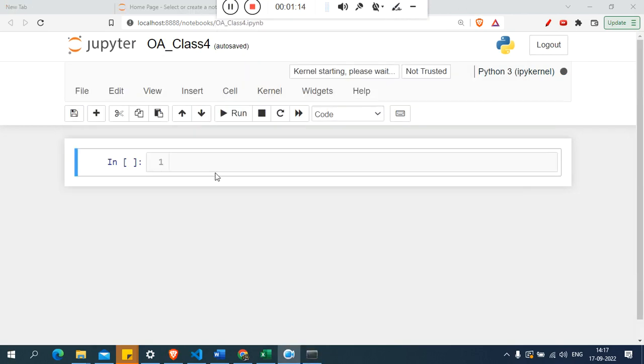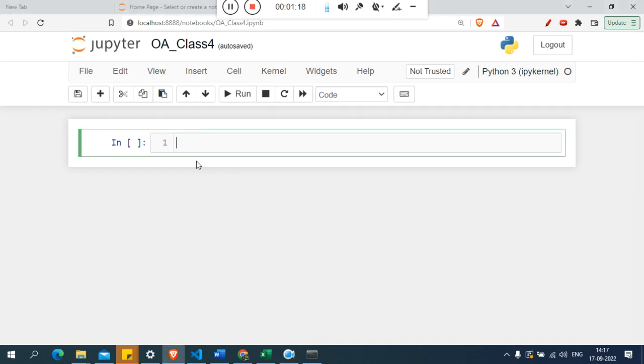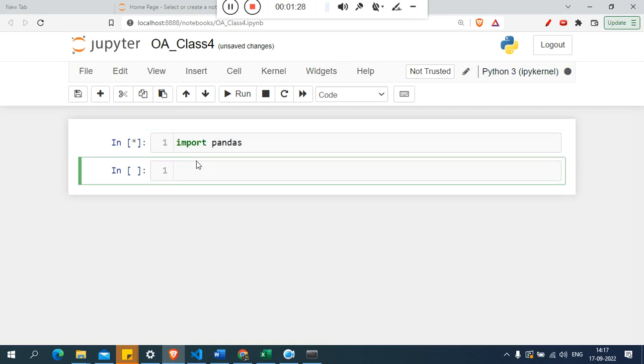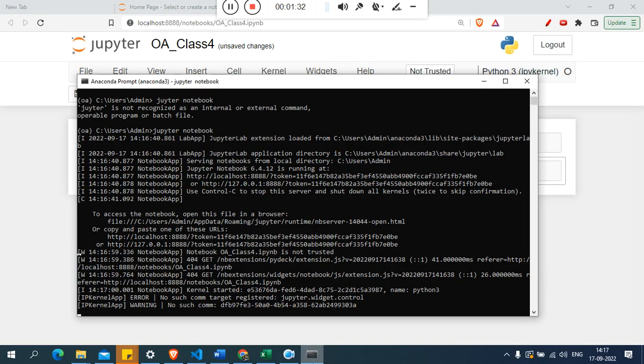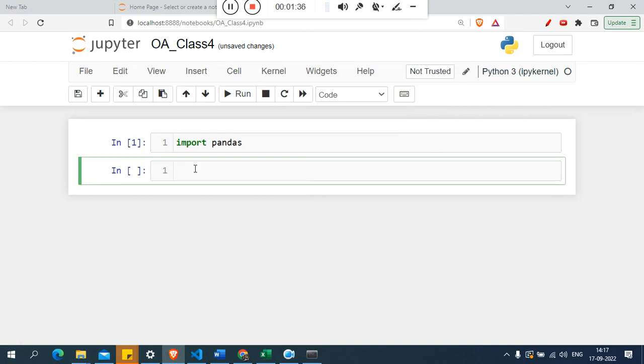I created a new environment, an environment for operation analytics, called OA. Now I will import pandas in the OA environment, and it may show an error. Okay, it is present. If it shows an error, you need to write here: